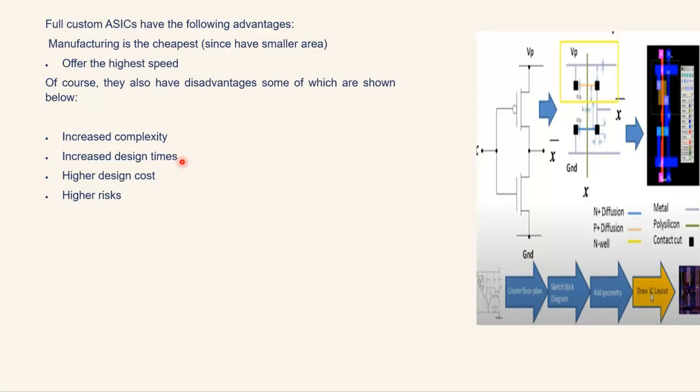But in another way, suppose you want to develop a bridge rectifier with 4 diodes, and in those 4 diodes you want to make some changes in any one of the diodes for some reason. One student wants to change this diode and the remaining 3 diodes remain the same. Now this flexibility you cannot achieve with the ready-made IC. For that, what will you have to do? You will have to start from scratch.